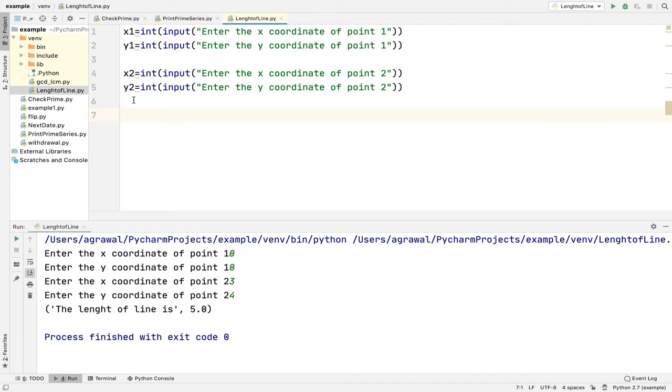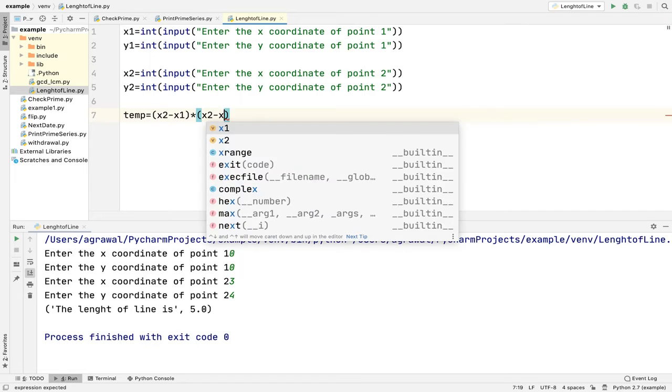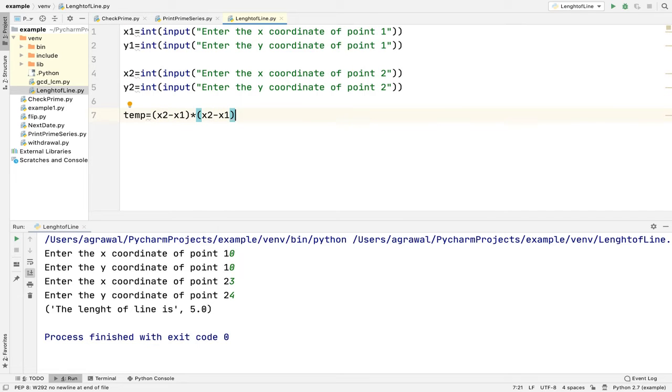Now applying the formula is a bit complex, so you can break it into two steps. I will first find out (x2 minus x1) whole square and (y2 minus y1) whole square. So what I am doing over here is x2 minus x1, and instead of square, I am simply multiplying it. Later I will show how you can directly perform the square also. Because it is just a square, it will need multiplication twice. So I will just do this, and then similarly y2 minus y1 into y2 minus y1. This is the thing which I need to square root, after which I would get the length.